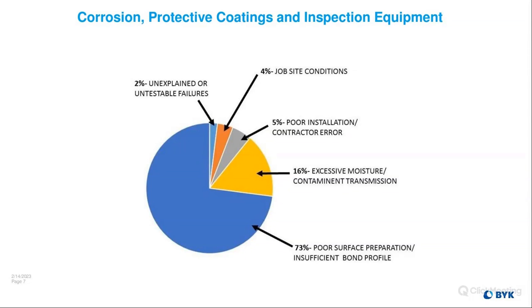So getting into a little bit about, once again, I'm not a consultant, but we will talk about what could go wrong during the application process of a coating system. And if you look at this chart right here, we're not going to dive too far into it, but look and see,